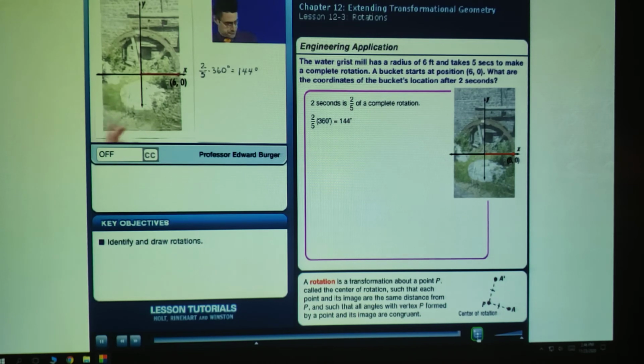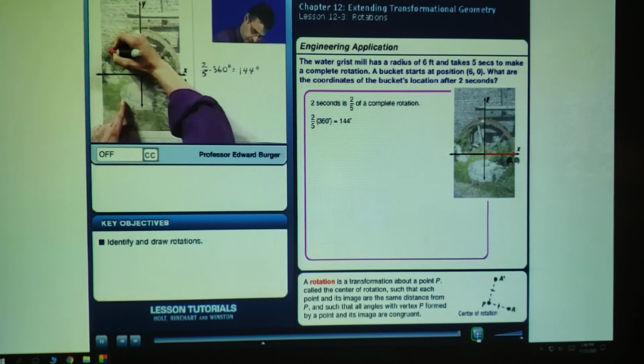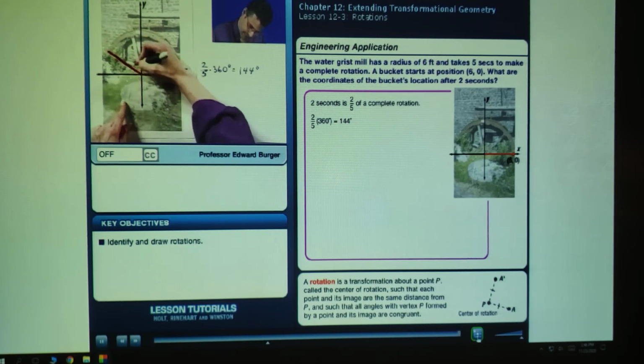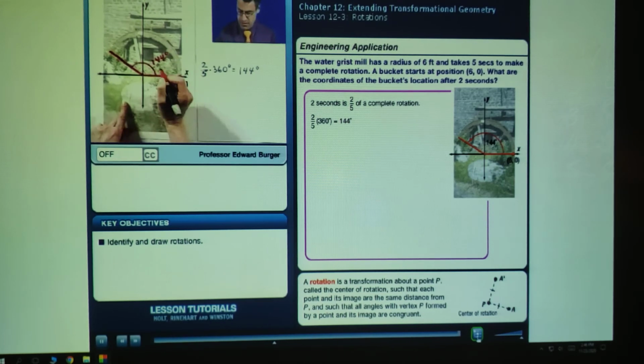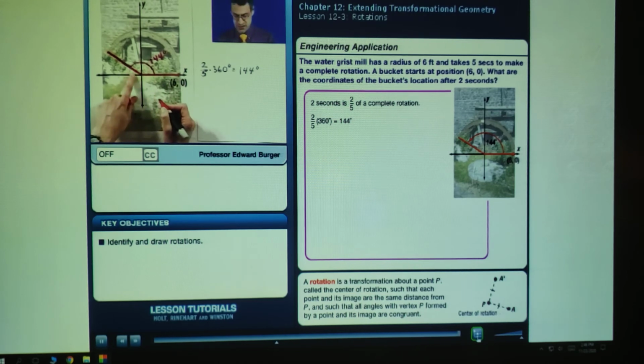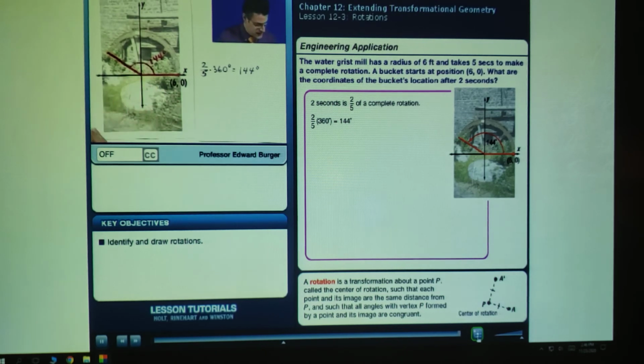So 144 degrees, I'm just going to eyeball this. This might not be exact, so don't get mad at me. But just roughly speaking, let's say 144 is right here. Okay? So I'm going to declare this to be 144 degrees. Okay, if that's 144 degrees, I can actually find this because this angle and this angle are supplementary. I take 180 and subtract 144, and I see 36. So right in there, that little teeny sliver of an angle, invisible maybe to most people, but not to us,